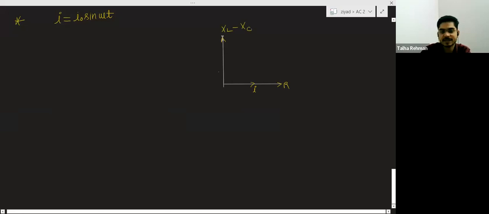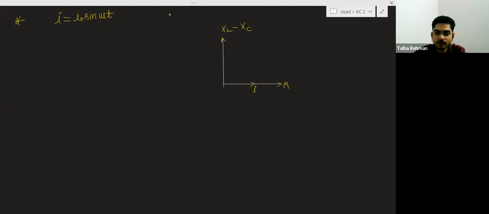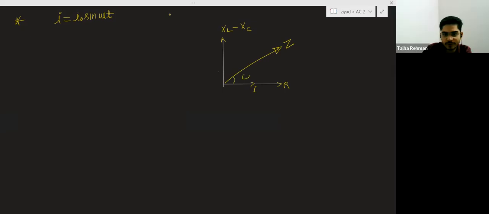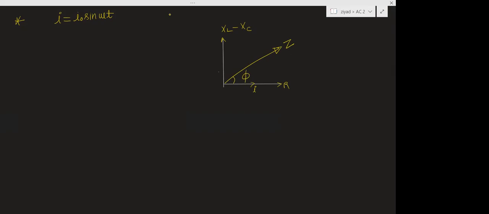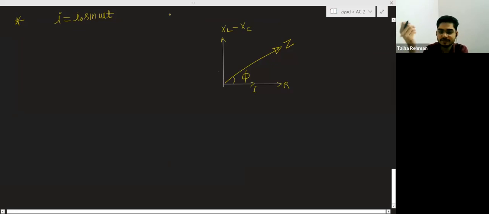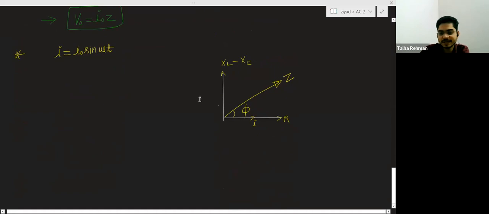This is the XL minus XC. Resultant of XL minus XC is Z. This Z is making an angle of phi. So from here also we can calculate the value of Z, but we have already calculated Z. If you want, then I can calculate. Otherwise,